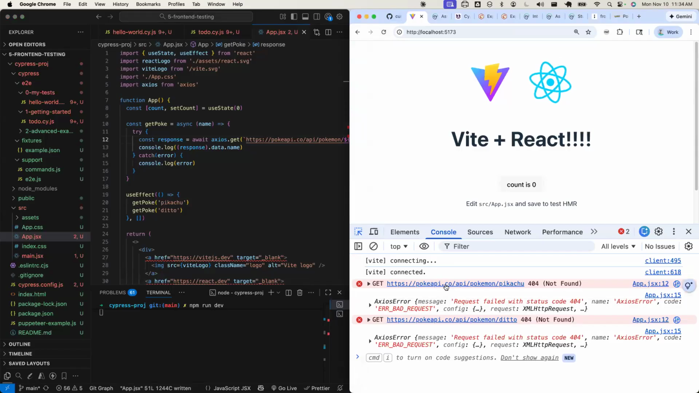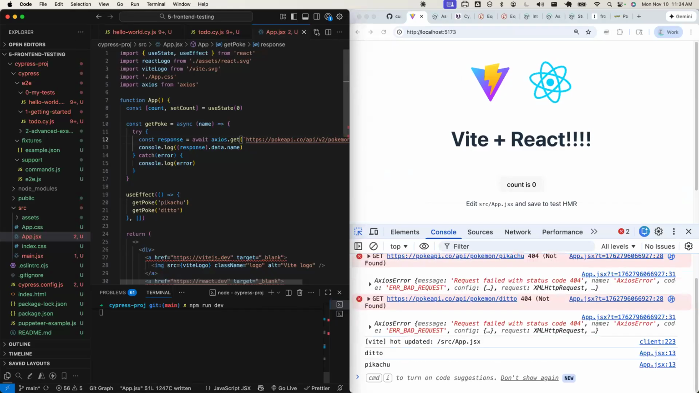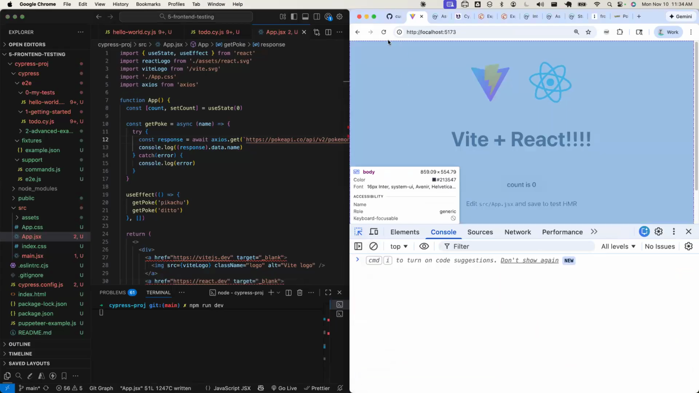Let's see. I think you left off the v2 from the URL. Oh, yeah. I totally did leave out the v2. Thank you. The dangers of typing out what I really should be copying and pasting. And now we see Ditto and Pikachu. Though, interestingly,